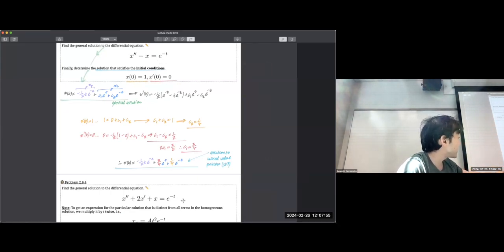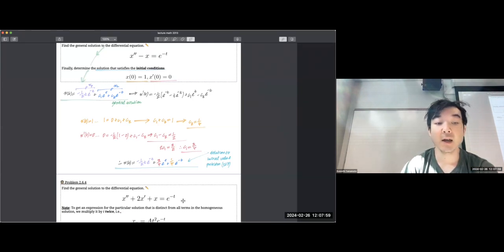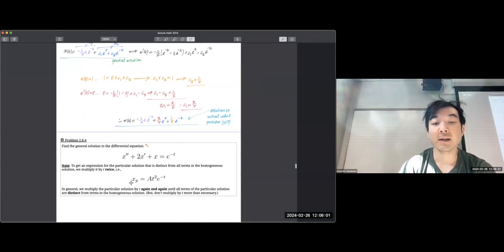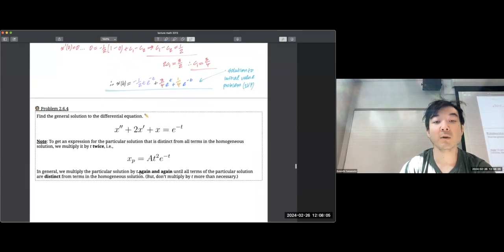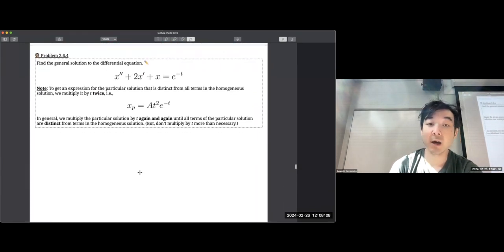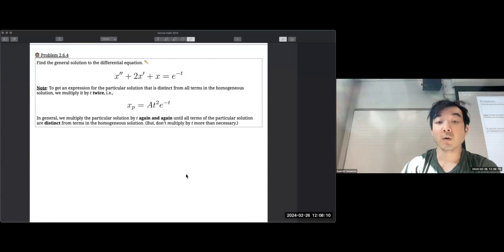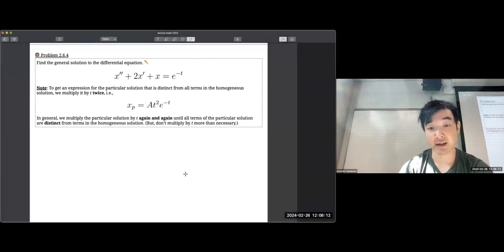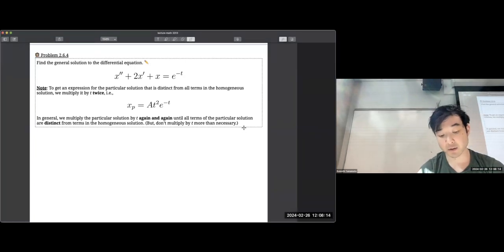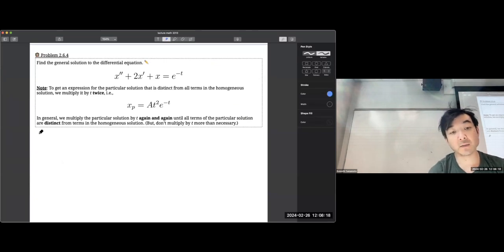And so here's also e to the negative t. So these two have the same right-hand side, but I changed the left-hand side. And so I like to do small modifications to things so that you can see what repercussions arise from doing that. So because I changed the left-hand side, the homogeneous solution will now be different, right? Because if you're trying to find xh,